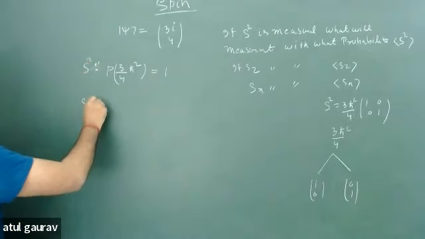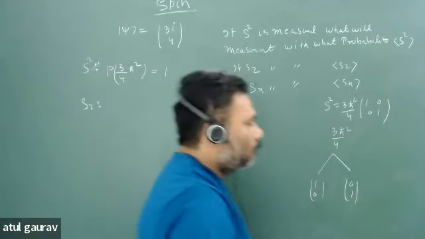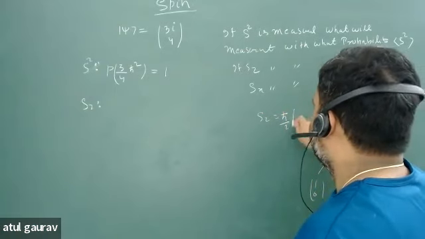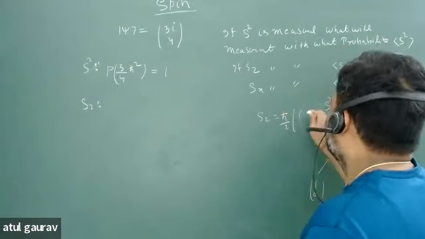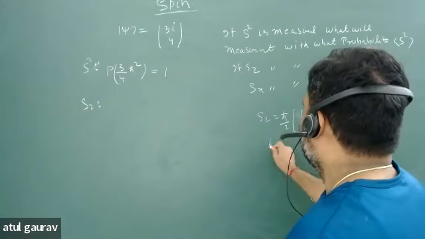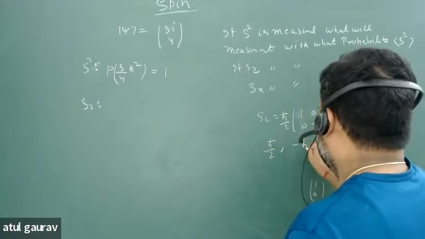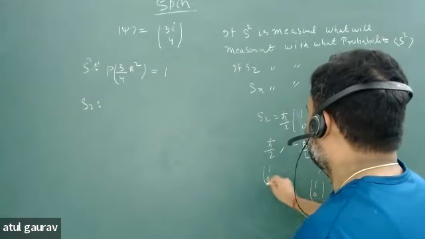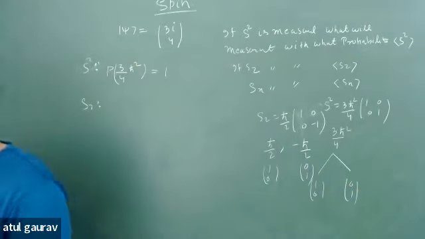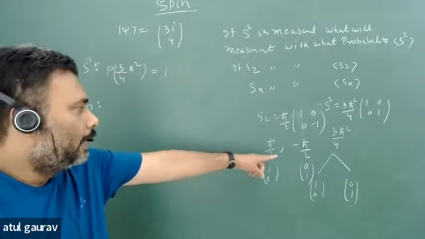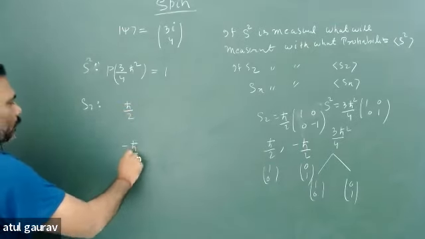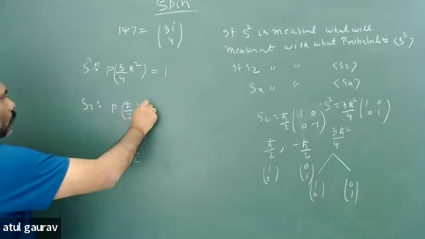Now for Sz, what will be the measurement? What is your Sz operator? Your Sz operator is equal to h cut by 2 times (1 0; 0 minus 1). And what will be the eigenvalues? h cut by 2 and minus h cut by 2, and the eigenstates are (1 0) and (0 1). So what will be the measurement? The measurement is the eigenvalue, which is h cut by 2 and minus h cut by 2, and the probability of h cut by 2 is equal to,